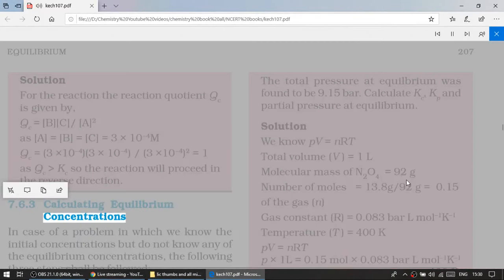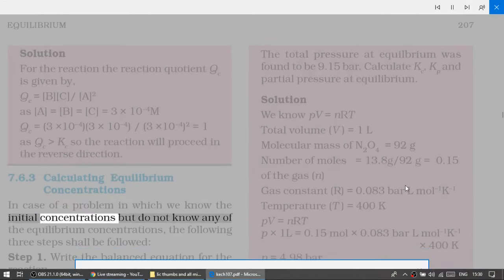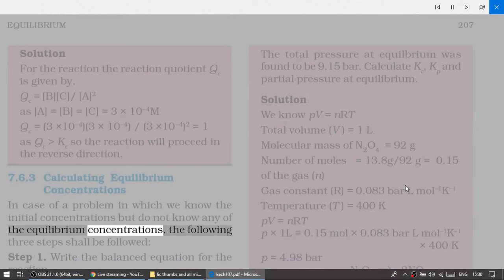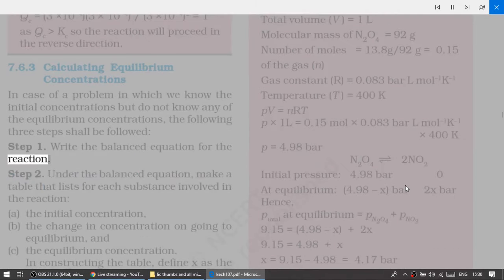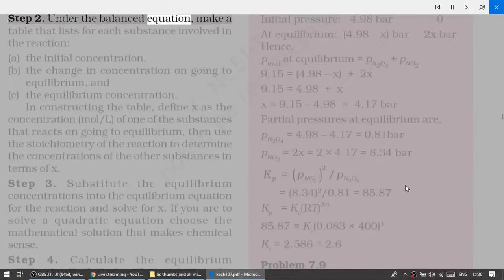Calculating equilibrium concentrations in case of a problem in which we know the initial concentrations but do not know any of the equilibrium concentrations. The following steps shall be followed. Step 1. Write the balanced equation for the reaction. Step 2. Under the balanced equation,